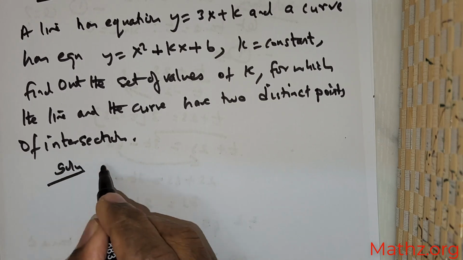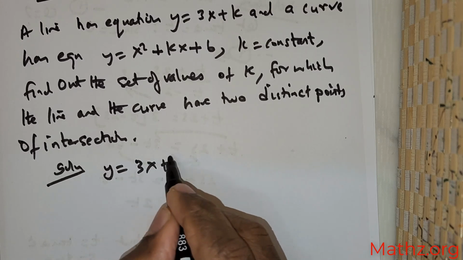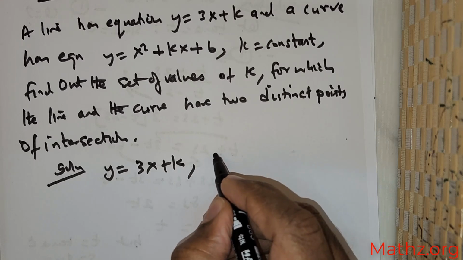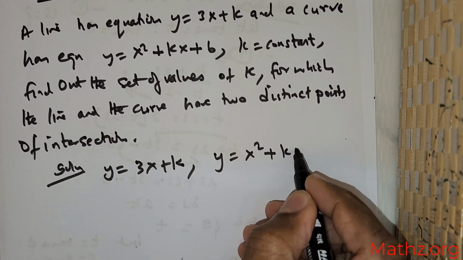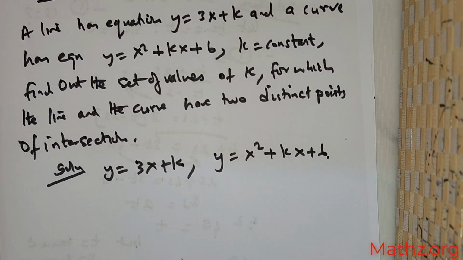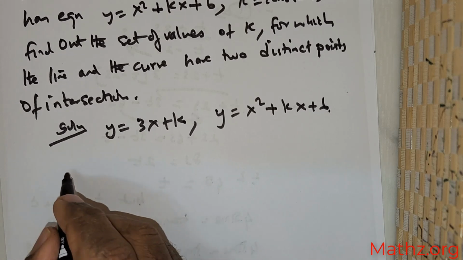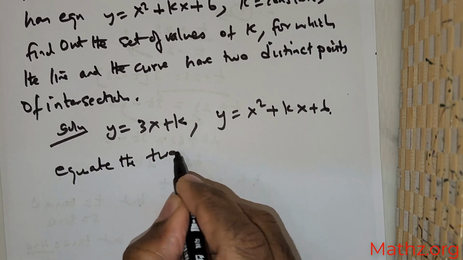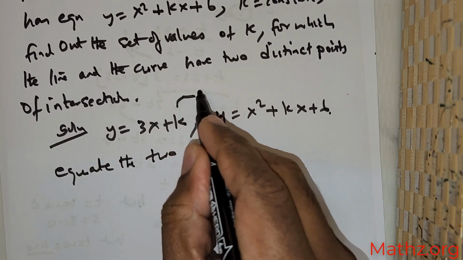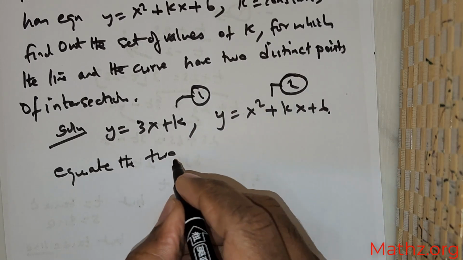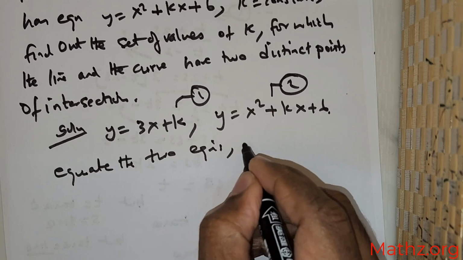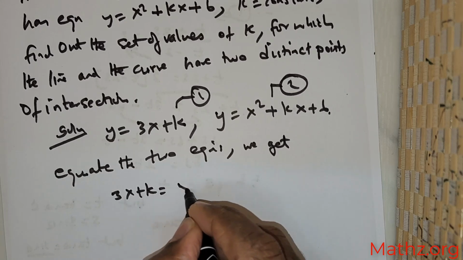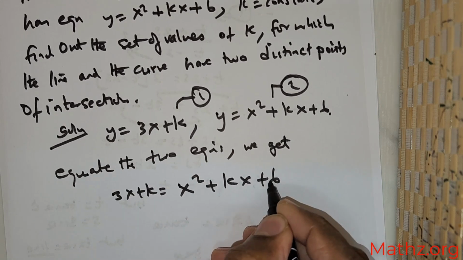So what are we given? We are given that y = 3x + k. This is the equation of the line, and y = x² + kx + 6, right? So what we are going to do is we will equate the two equations. So you have equation 1 and equation 2. So equate the two equations. We get 3x + k = x² + kx + 6,